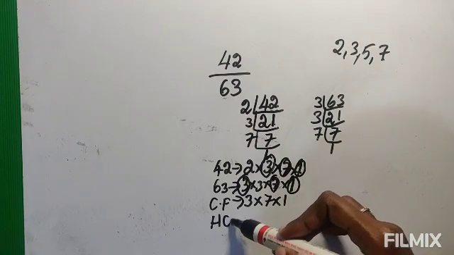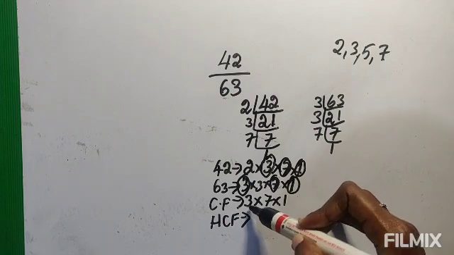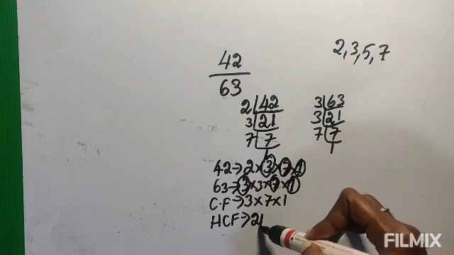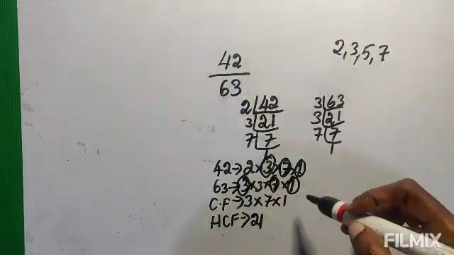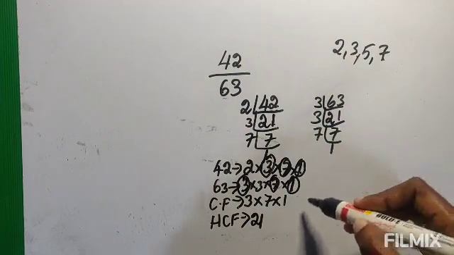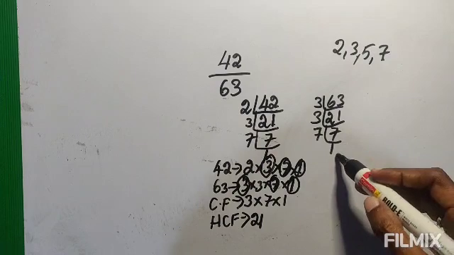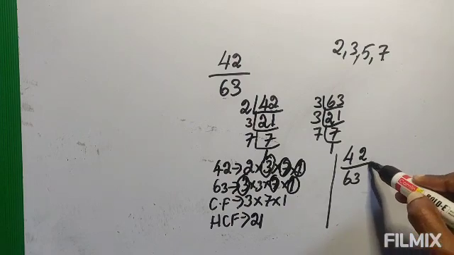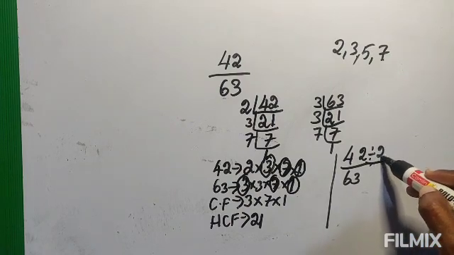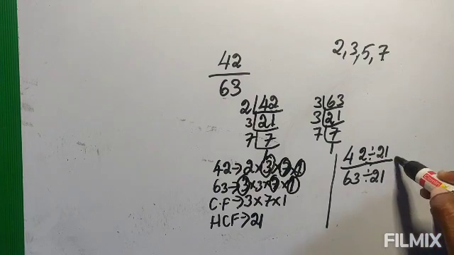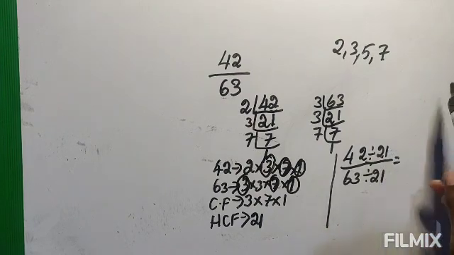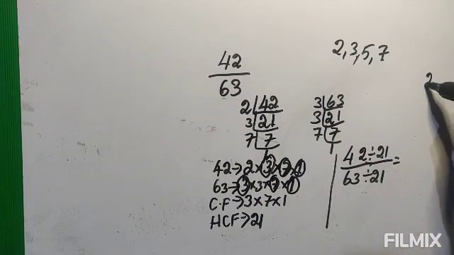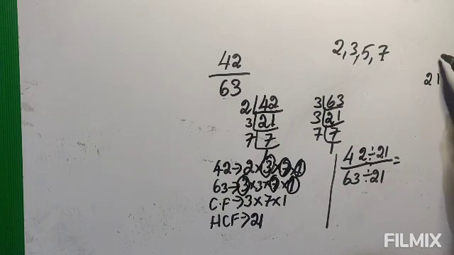So now the HCF, you have to multiply and write. 3 7s are 21. 21 into 1 is 21. Okay, so the HCF is 21. So you have to divide these numbers by 21. We have to write it down, but I have no space, so I am writing here. So 42 by 63, divided by 21. By the common factor we are dividing. Okay, 21 table you can write in the side corner, so you will know. I am writing it in short form.